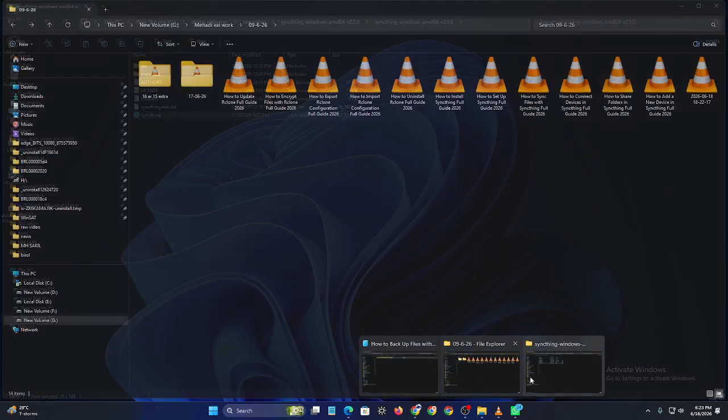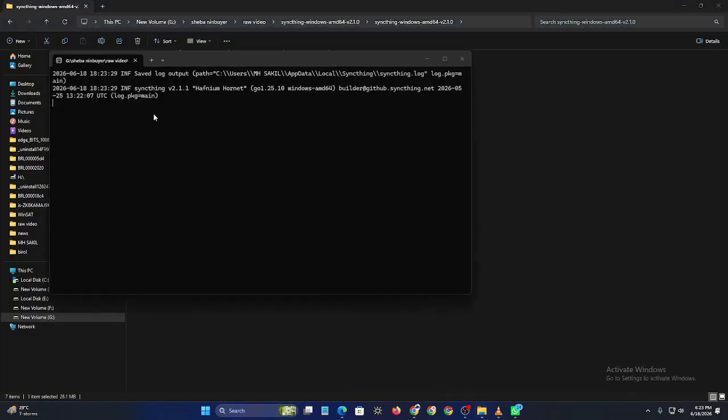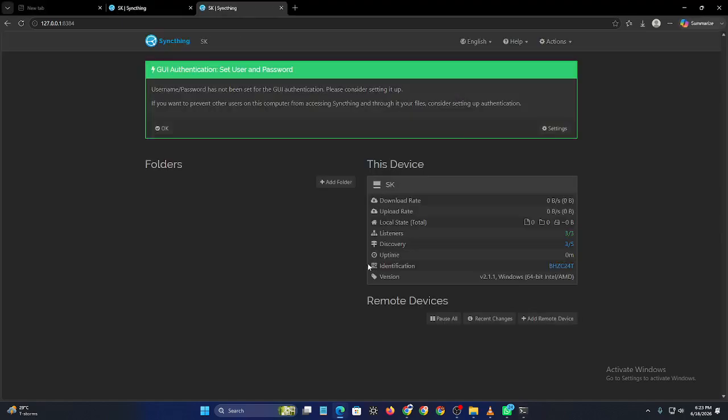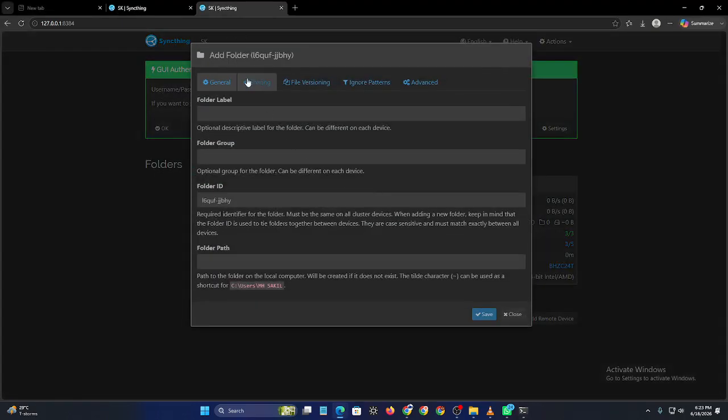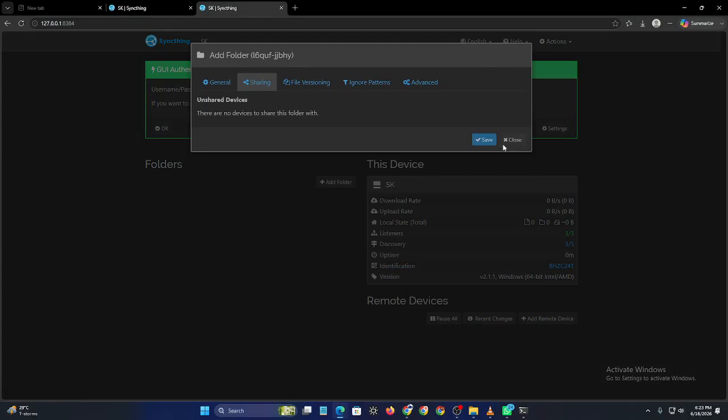And that's how to back up files with Syncthing in 2026. With proper folder sharing, versioning, and backup planning, Syncthing can play an important role in keeping your files protected and available